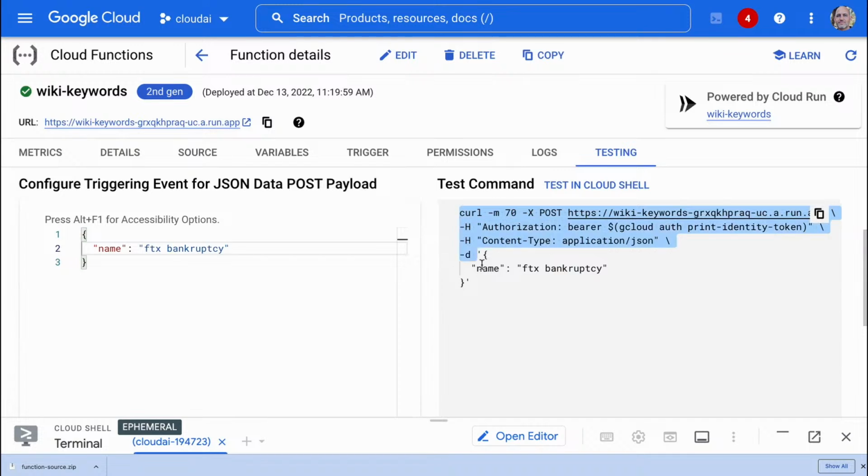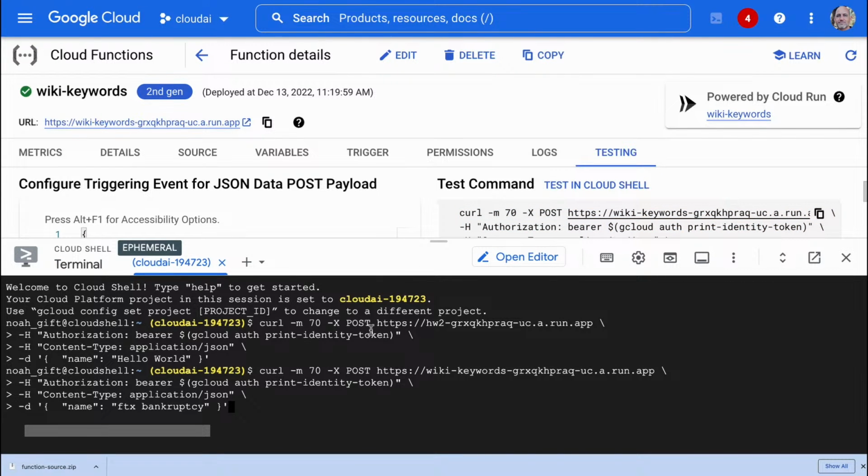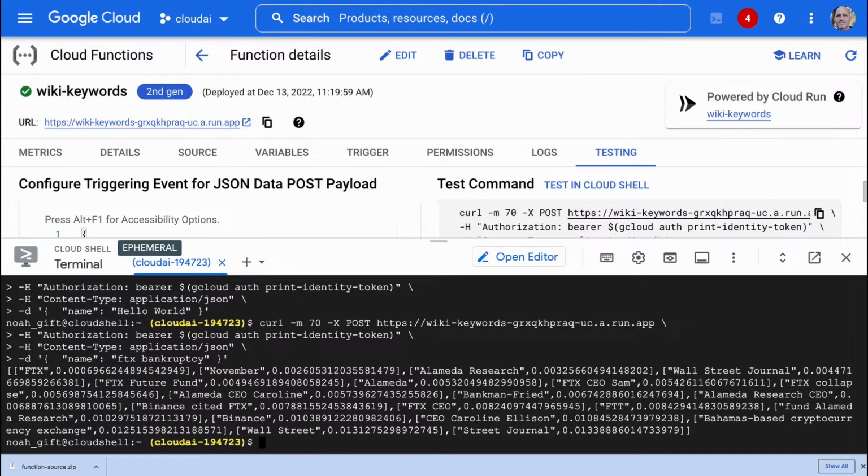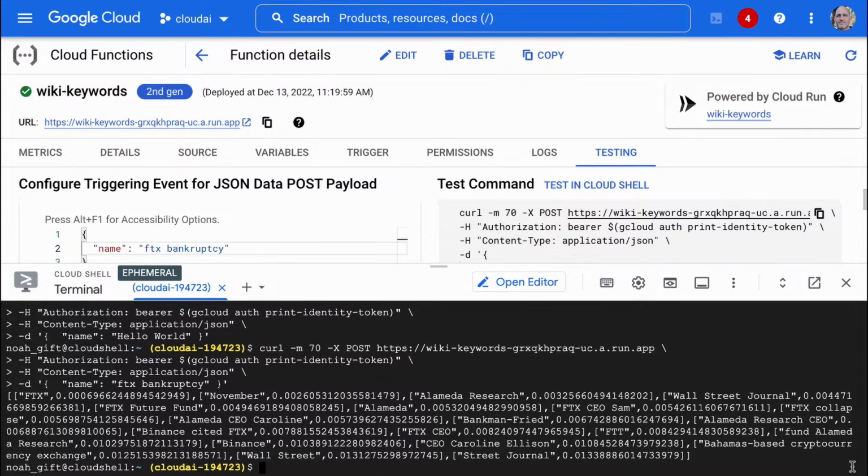It's going to give us this curl command. We test it in the Cloud Shell. Fingers crossed. And boom, we're able to deploy. So you can see how once you start building the logic for a cloud function, you can deploy to all these different kinds of environments. So that was actually pretty cool.